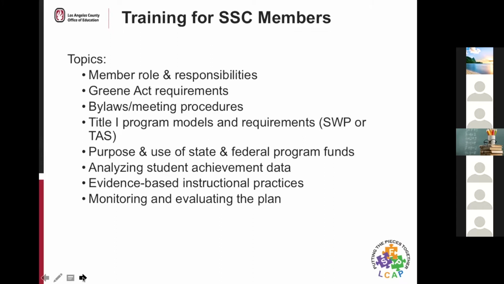Other possible training topics include trainings on bylaws and meeting procedures, training on the Title I program and requirements, the purpose and use of state and federal program funds, how to analyze student achievement data, evidence-based instructional practices, and monitoring implementation, as well as evaluating the effectiveness of the school plan and strategies.